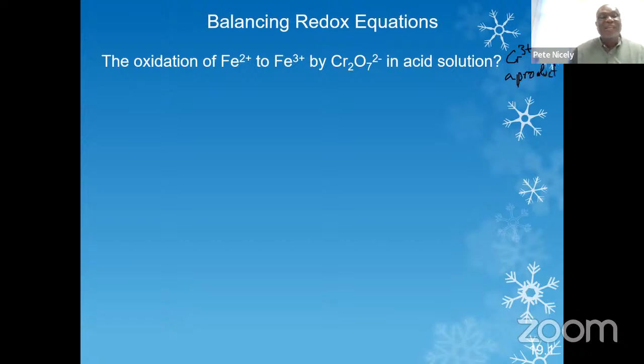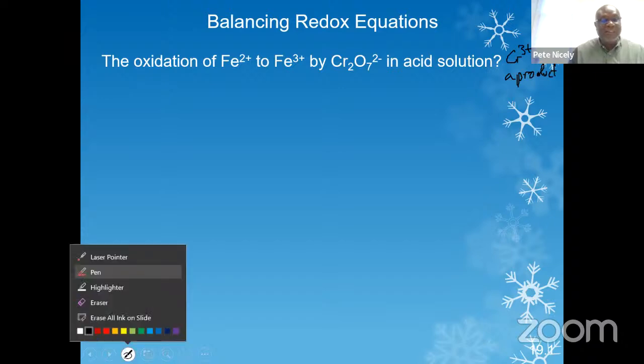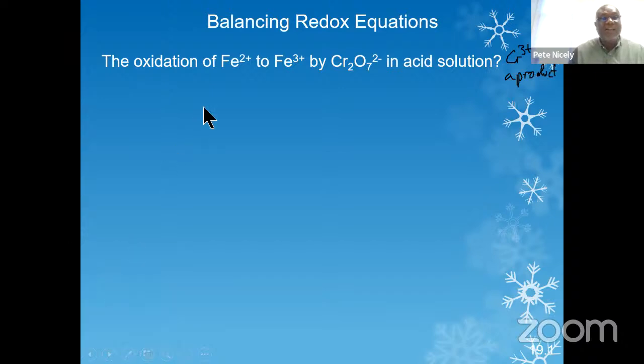So basically the original question is going to be: Fe2+ is oxidized to Fe3+ by Cr2O7 2-, with Cr3+ being a product of this reaction, right? So basically, based on that information, you are to determine the balanced redox equation, all right? So, give me 1 minute here. Okay, so